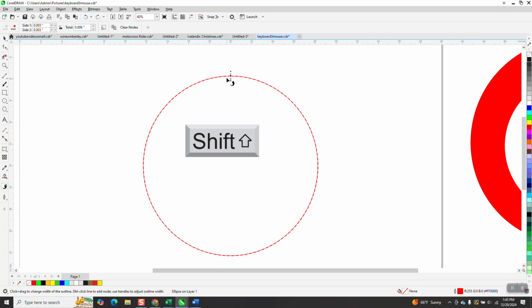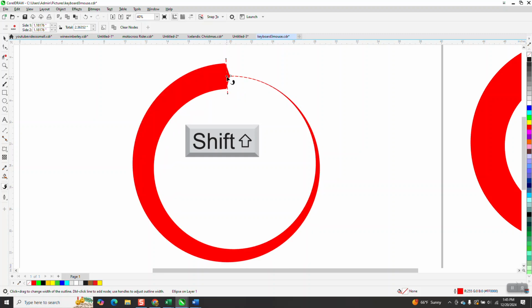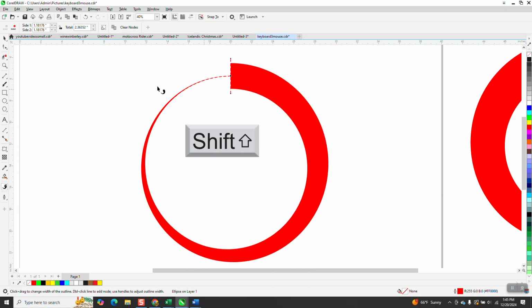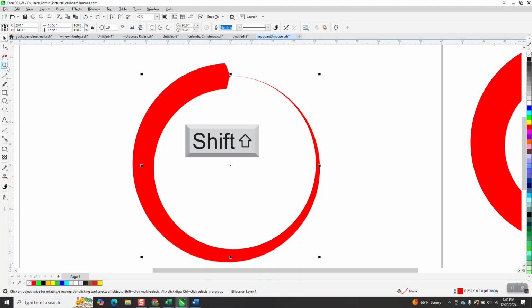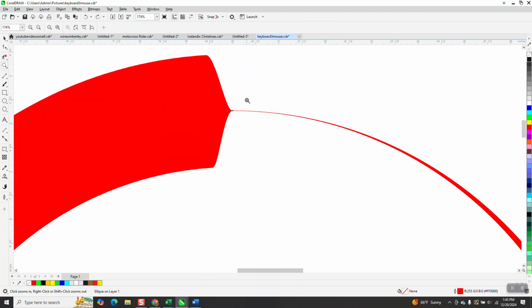But then if you add another one, you can do this right here. And if you move this one closer, I actually reversed it. There's been a lot of times where I've wanted a thin line going into a thick line like this. And the reason I brought up the shift key is because you can do